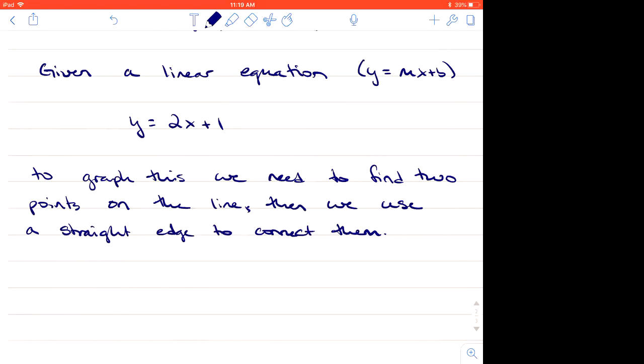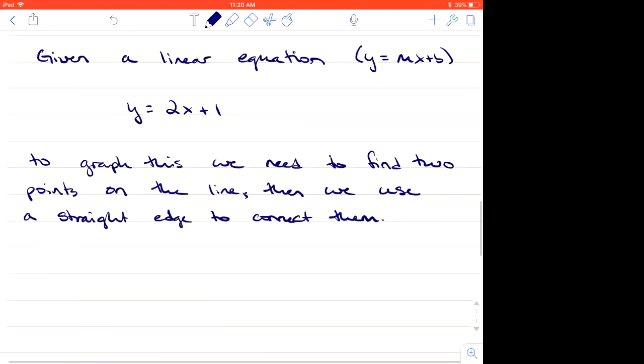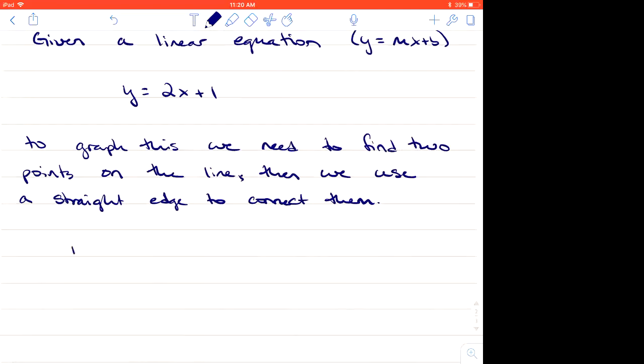So I like to have a routine that I follow. For me, if the equation isn't in the form of y equals mx plus b, we're going to start there. Solve for y. But for now, we have y equals 2x plus 1. So if I have to graph this, I'd like to start by making a table of just x values on one side and then solving for the y values, because to plot these points, we need the x and the y coordinates, and then we can go from there. So step 1 is make a table